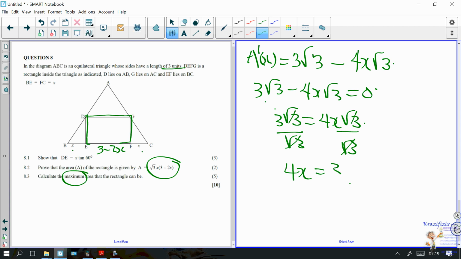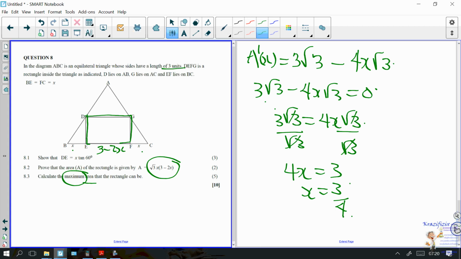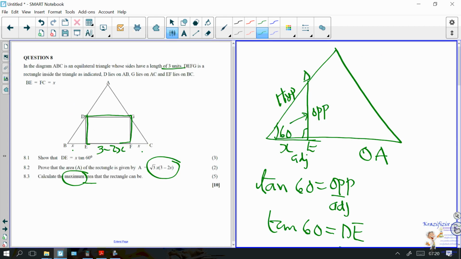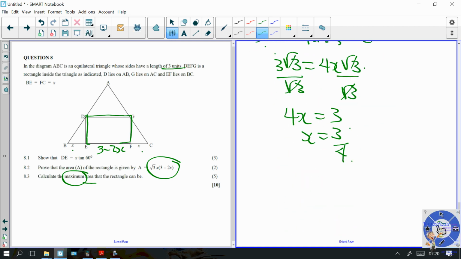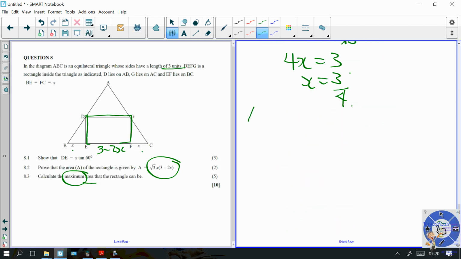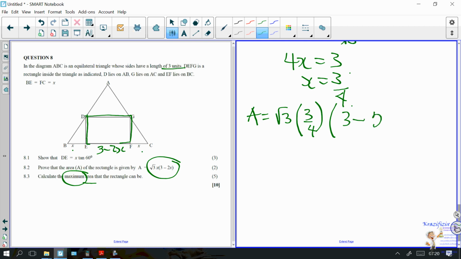4x equals 3. What is x? 3 over 4. That's my x, but the question says the area. So I go back into my area formula. What's my area formula? Now I know my x is 3 over 4. Area equals root 3 multiplied by what? 3 over 4 into bracket 3 minus 2,